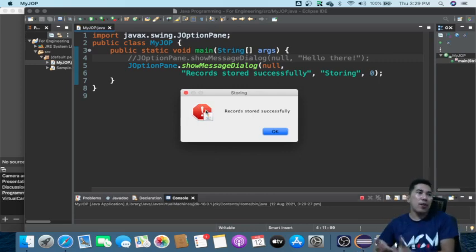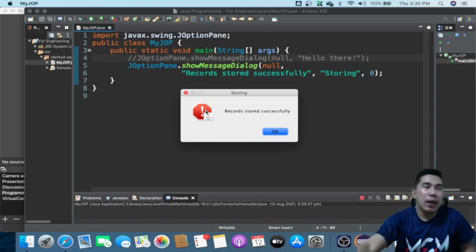It's an error message. So the error message is actually 0. If you want to use the error message, you can actually use 0. You can have 1 for information message. You can have 2 for warning message, and 3 for question message, like a question icon, and then we have a plain message which is actually -1. Okay, so